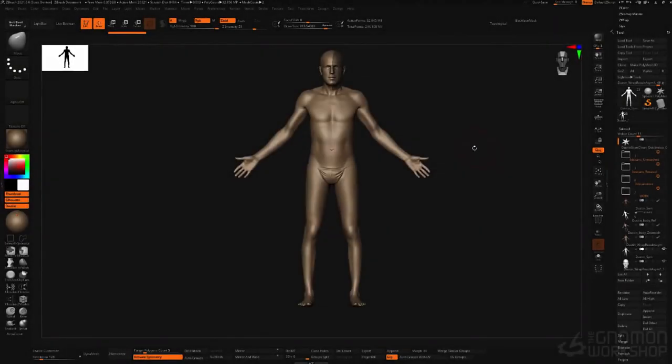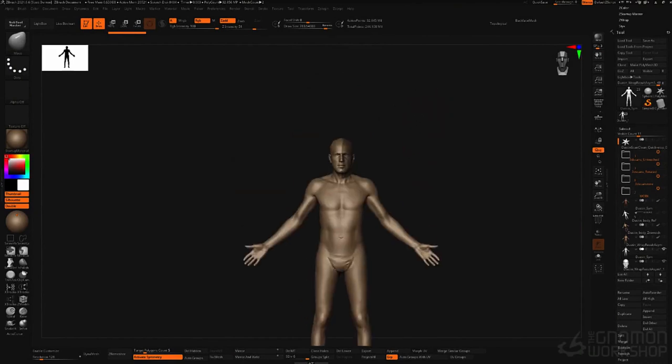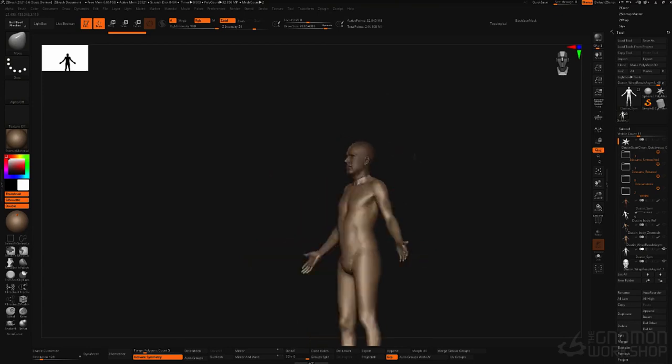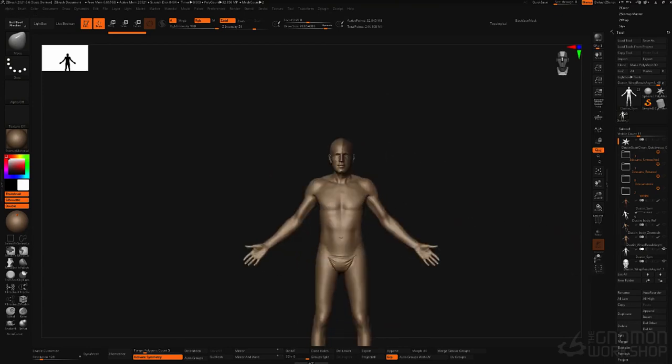So, welcome to lesson 9. We're going to be taking the asymmetrical scan and making it symmetrical, and then we are going to basically put the asymmetrical head on the actual asymmetrical body. And I kind of already started this a little bit. Basically, we duplicated our character,